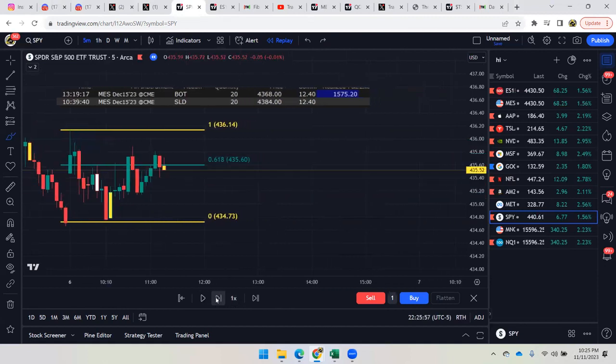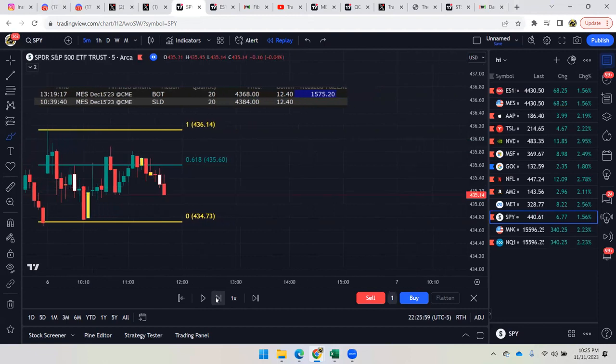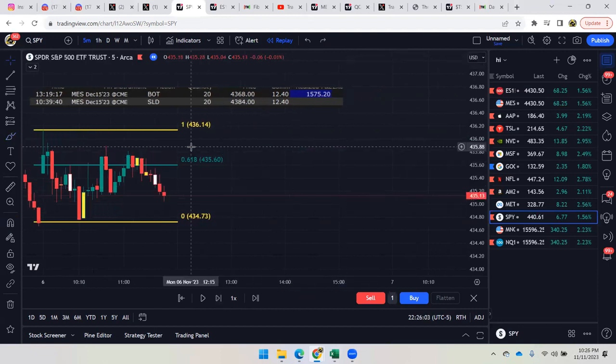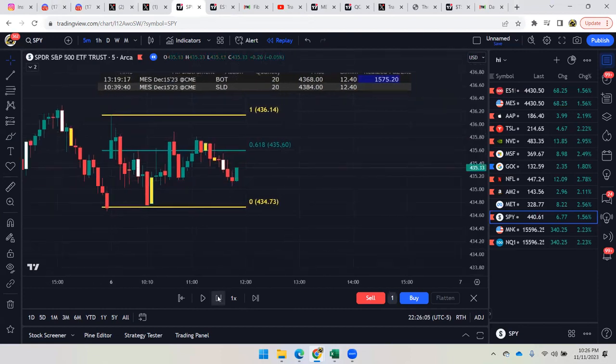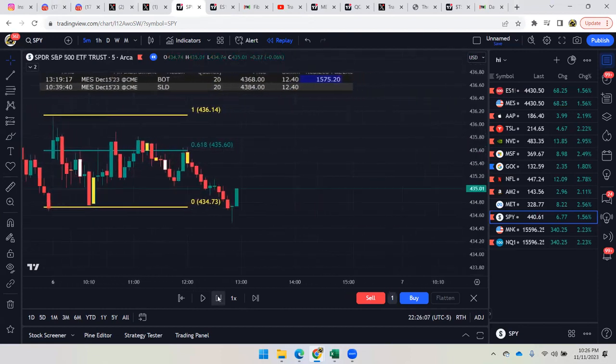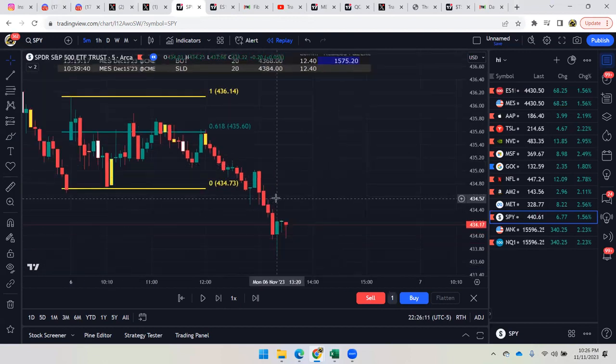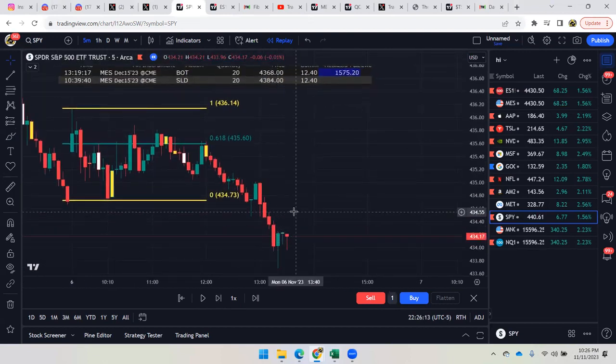We even had a triple retest, guys, and you could see how the 618 level is really acting like that wall. And that's what I want to see when I'm taking these trades. And then finally, guys, on the 4th attempt, we finally get that breakdown. So covering right around 119, which is right over here, guys,